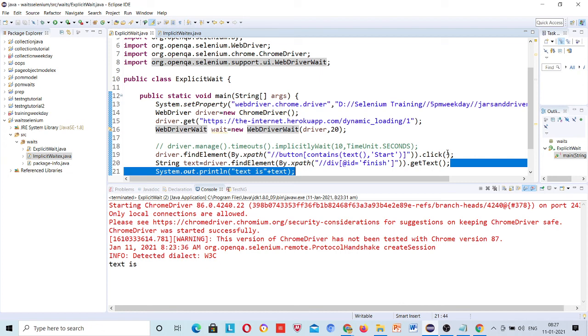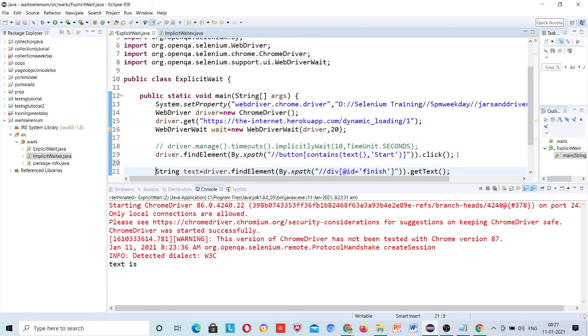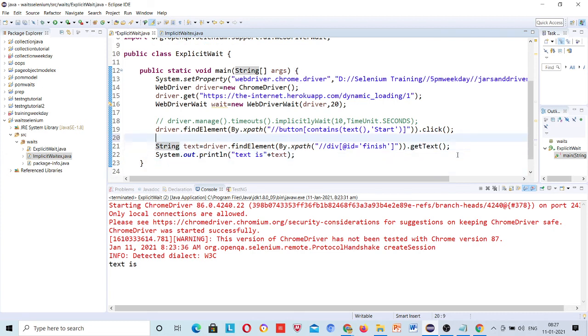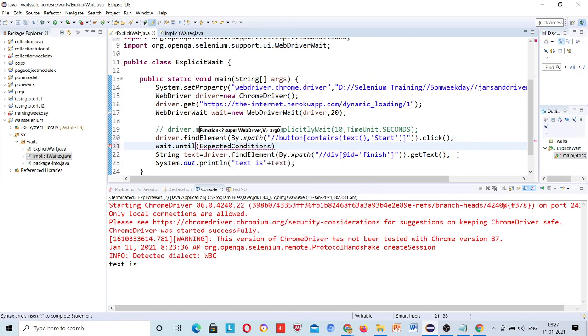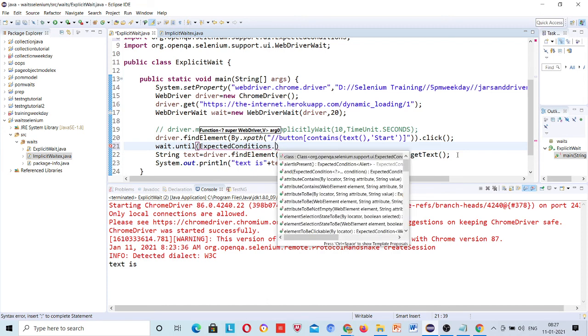Okay, so here I know that the DOM is actually present, so I have to apply visibility of that. For that condition I write wait dot until, and inside this method there is another method, expected conditions. These are syntaxes you will learn by practice. Nobody can learn in a day, right?